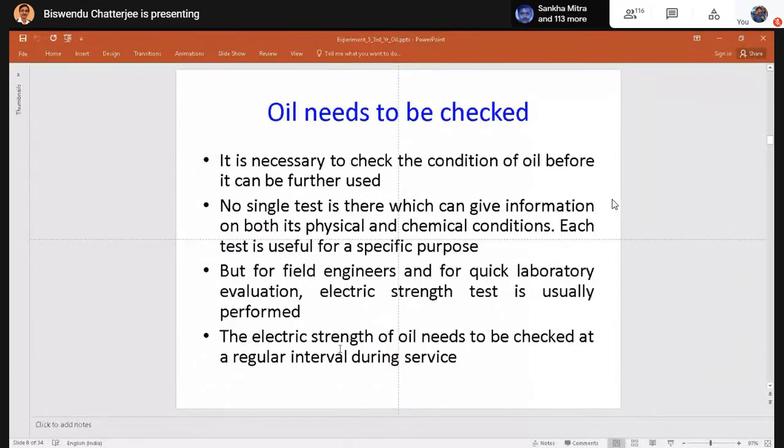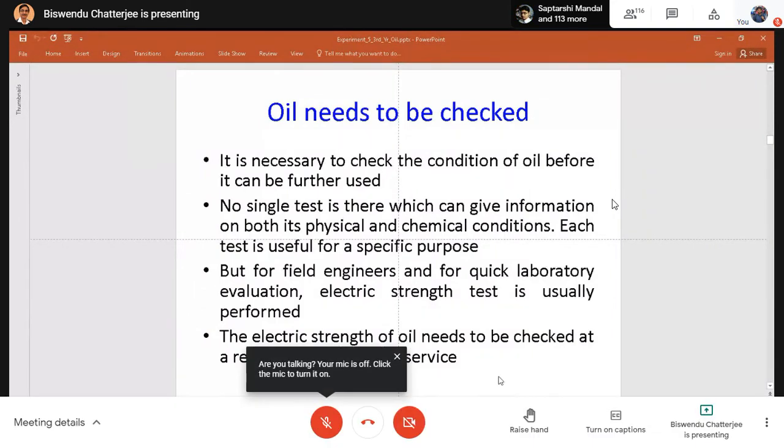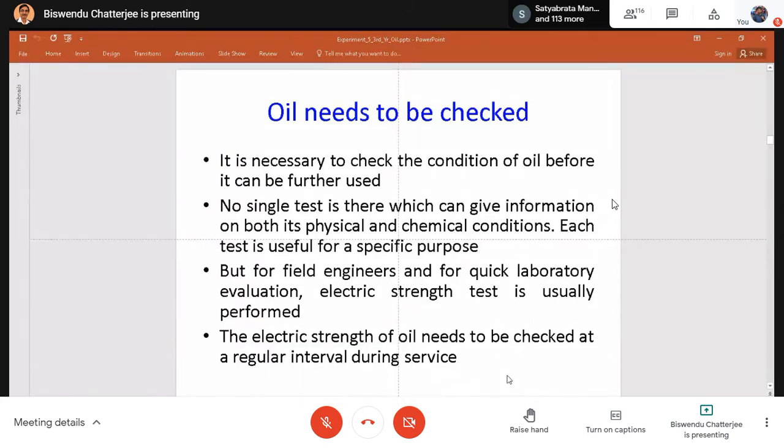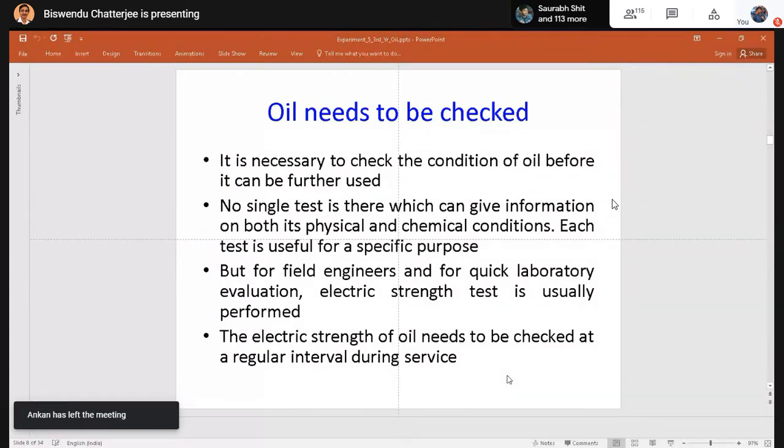This is the main test that we do while the transformer is in service, because the main purpose of oil is insulation, and the electric strength test will determine whether the quality of insulation is there or it is slowly degrading. If the oil cannot withstand sufficient voltage,